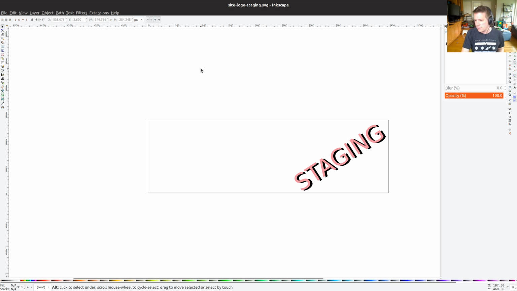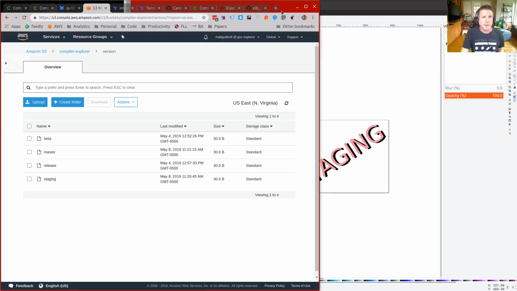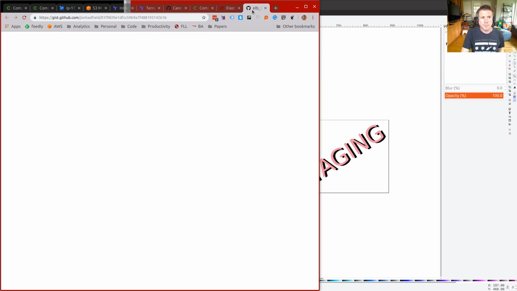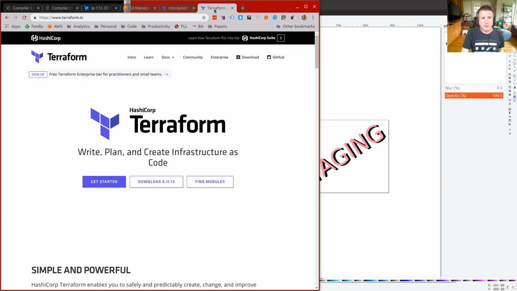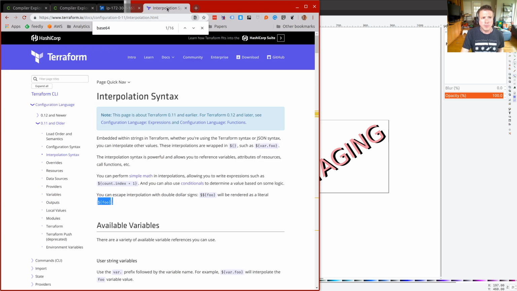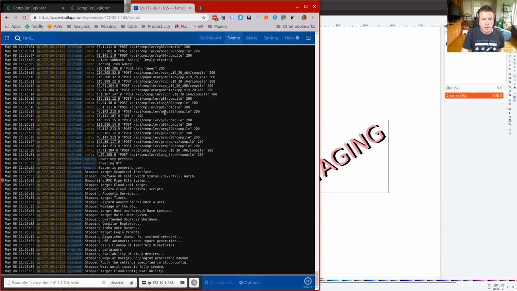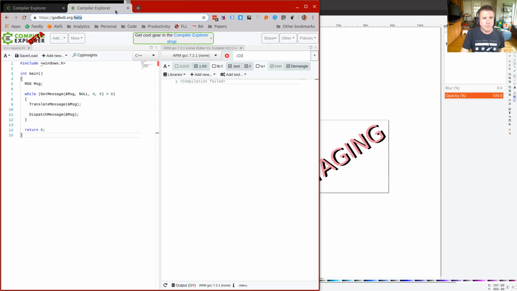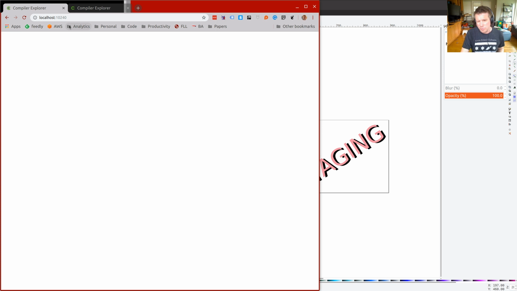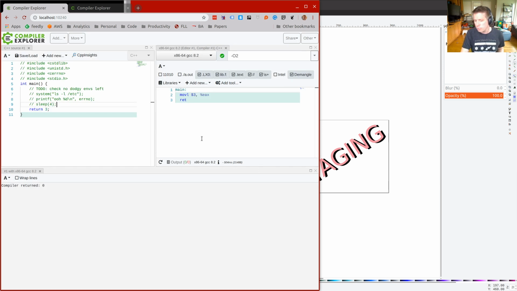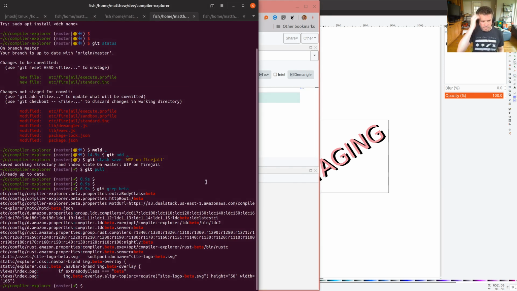Now let's just see how dreadful that's going to look. Yeah, not that. Let's tidy up some of these things here. And that, and that, and that, and that. Oh, I didn't mean to close S3, darn it. I'm going to close that one. Beta. Right, we're going to run this locally again. And I'm going to hack my local file to say, hey, you're the staging.